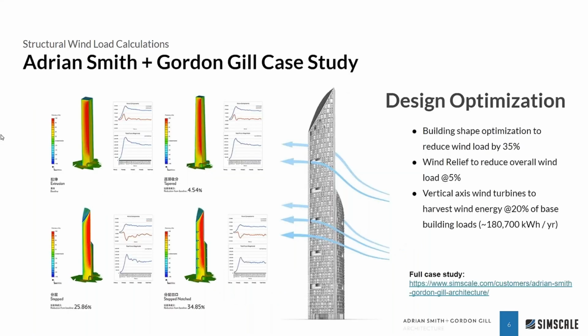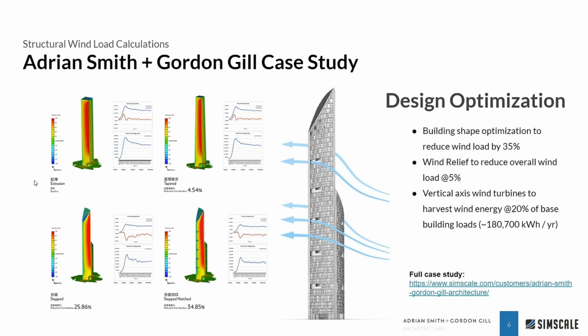And a wonderful example for exactly this is given by this case study of our customer, Adrian Smith and Jordan Gill Architects, where they did early massing design optimizations on a high-rise tower. So starting on the top left with a simple cuboid building and optimizing iteratively through different design options while tapering, adding steps inside the building, and also in the end notches to reduce the wind load in the end by